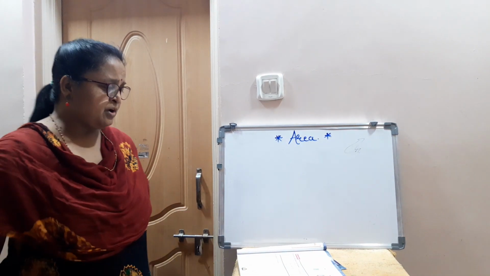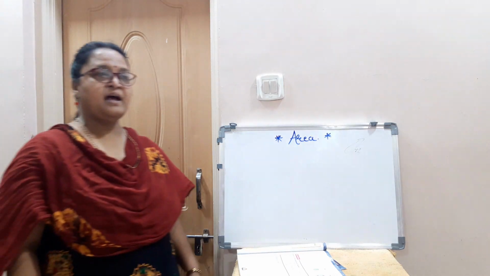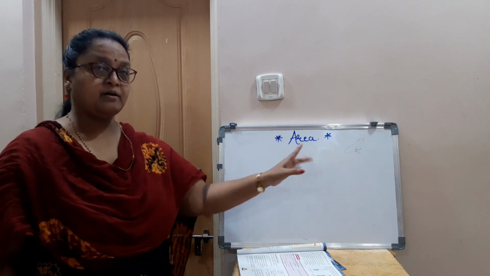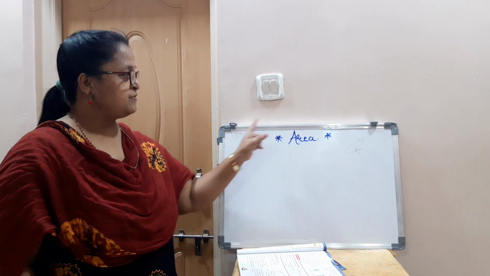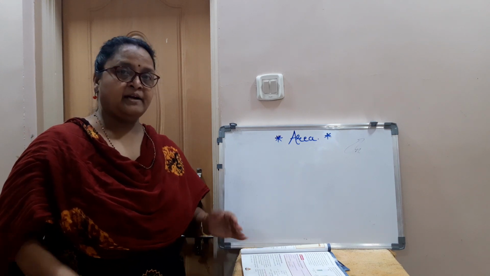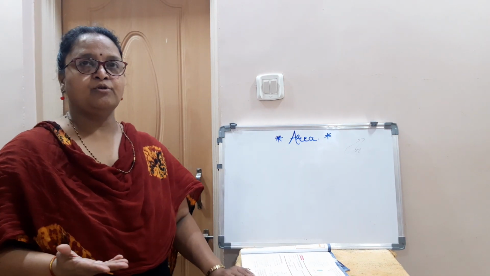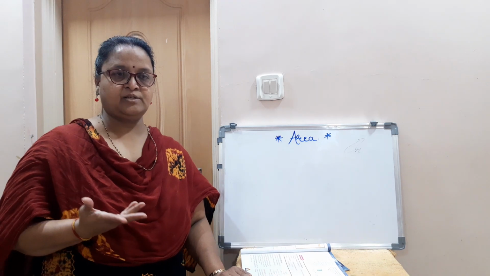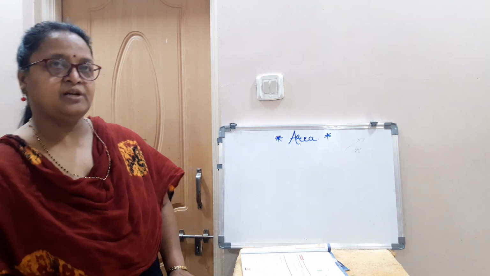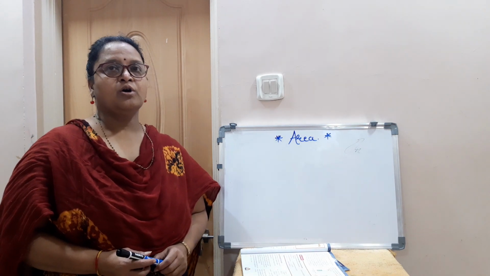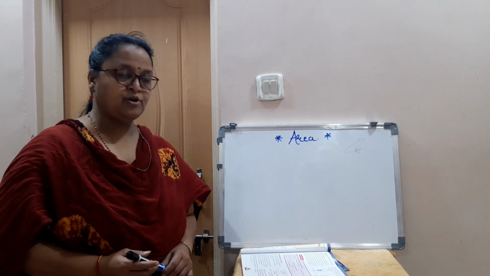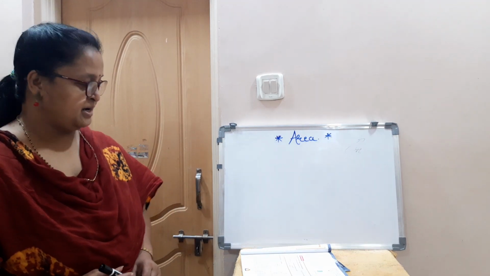Now, what is area? Area is the amount of surface covered by a closed shape. The amount of surface covered by a closed shape is called an area. You also know that the SI unit of area, in the MKS system of units, is the standard international unit, and MKS means meter, kilogram and seconds. It is meter square. So the SI unit of area is square meter or meter square.